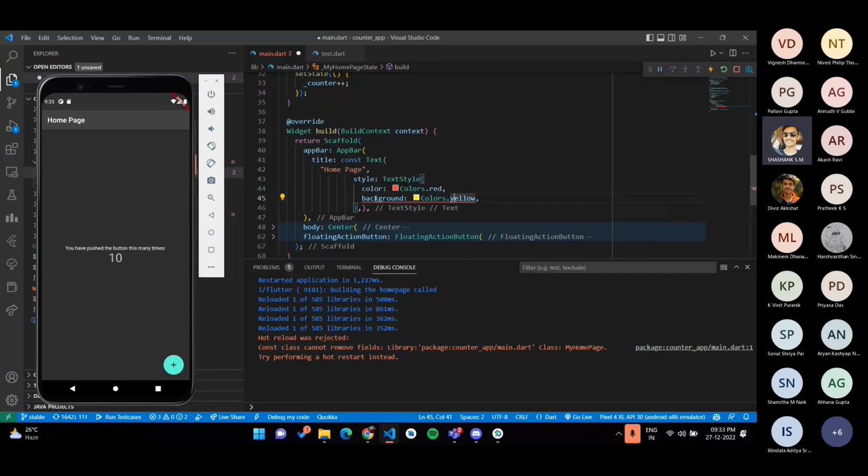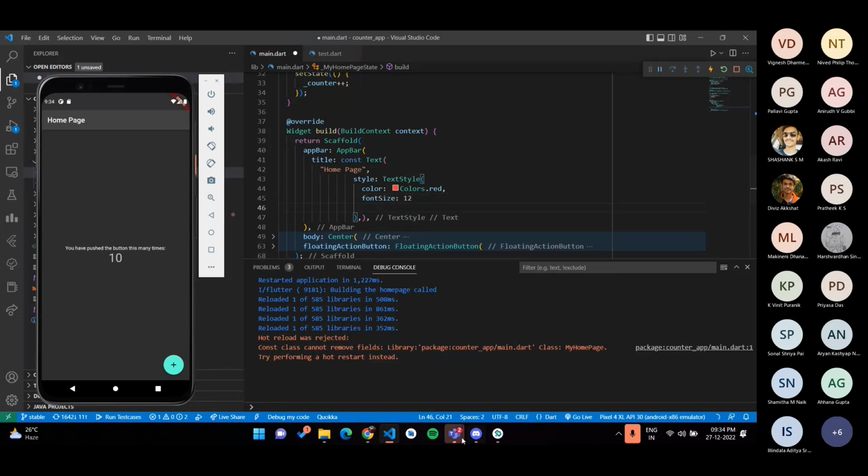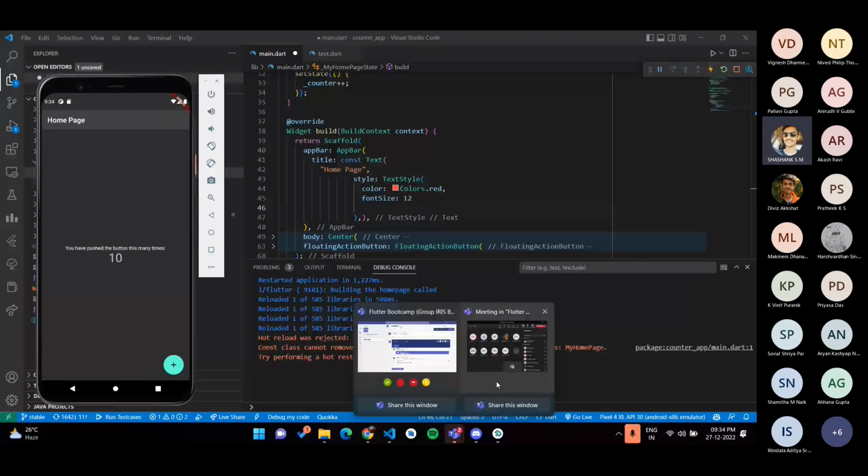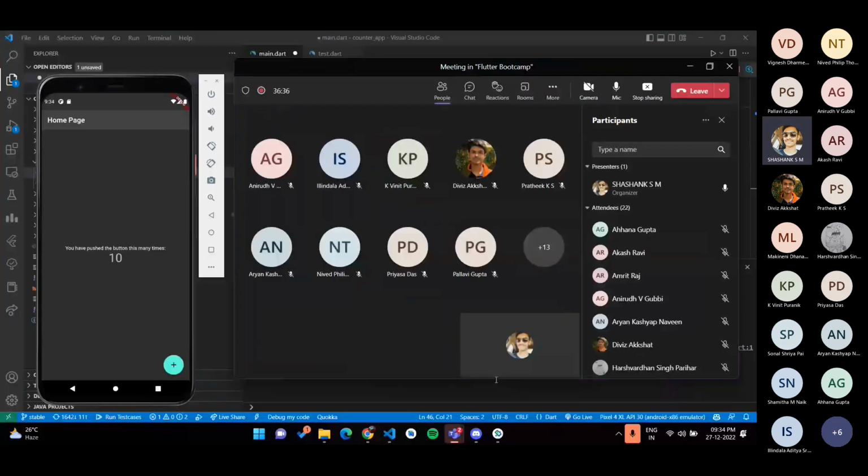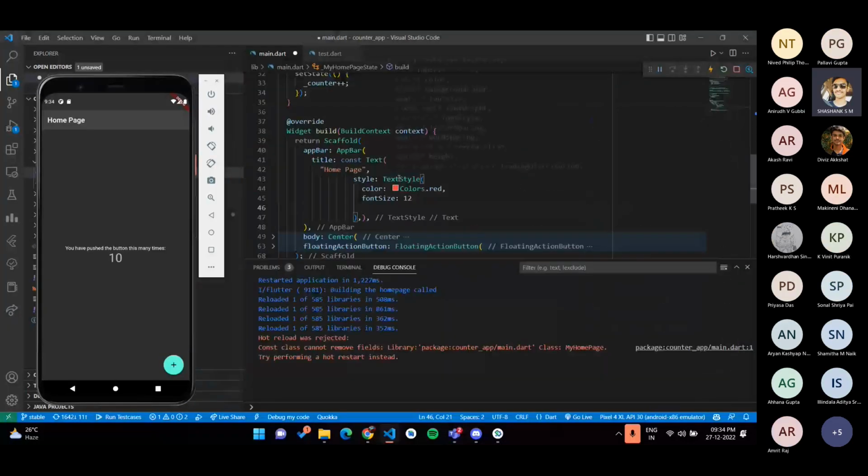Okay, let's see another things. Let's see if it is working or not. If I say Control S,